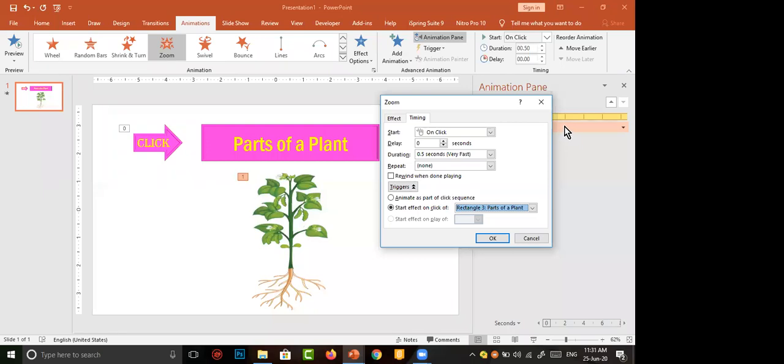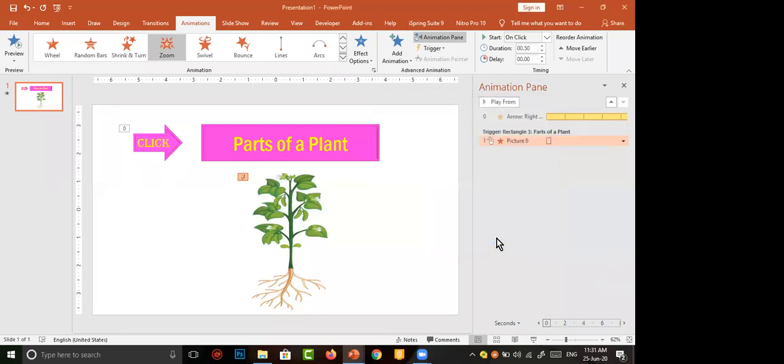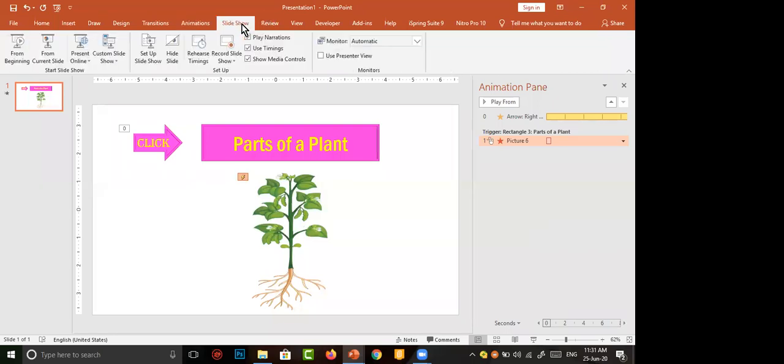This disappearing animation should start on click of the rectangle. What we want is, when we click on the Parts of a Plant rectangle, this action happens, so click on OK. Automatically, a trigger for Rectangle 3 will be present in our animation pane. Now you are going to see this in slideshow mode.